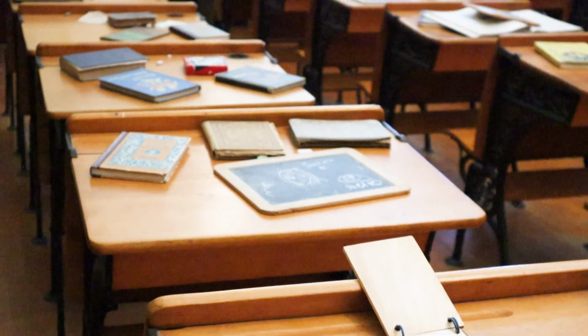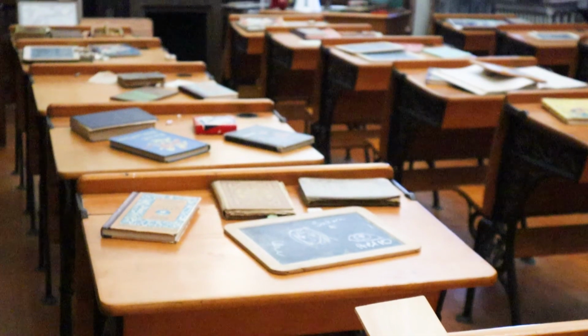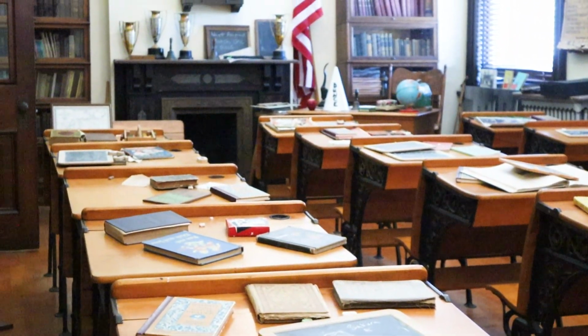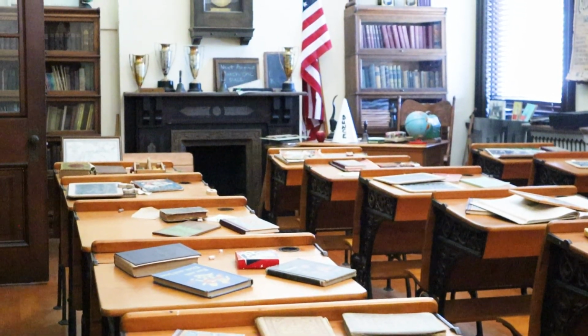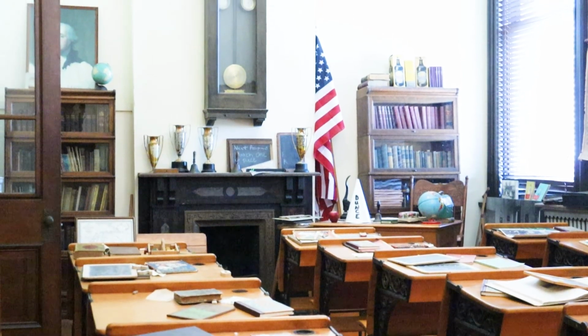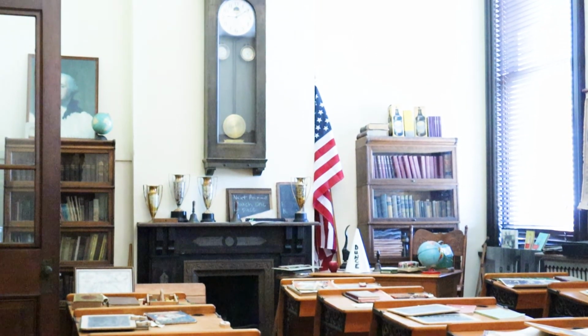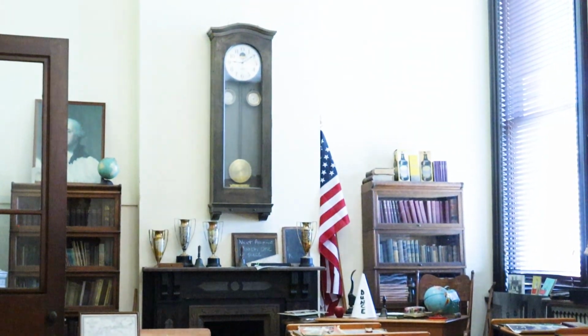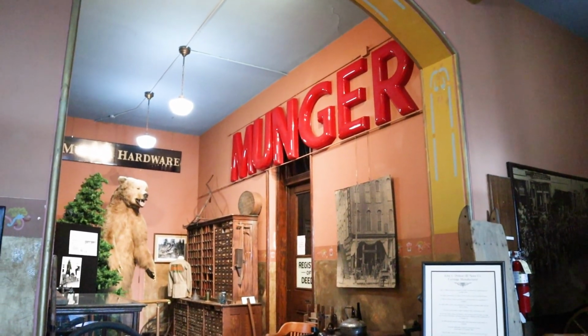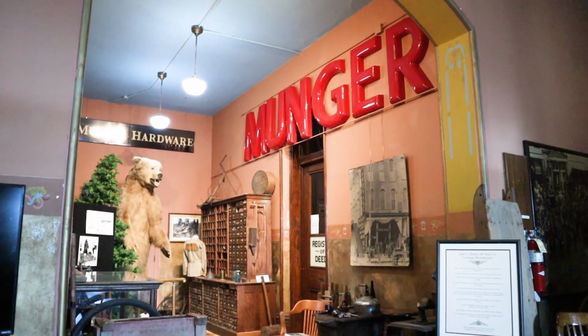The classroom is another exhibit that is quite wonderful. It has so much detail of the old schoolhouses of yesterday, including the desks, posters, books, and even the classic dunce cap on the teacher's desk. That's no sorting hat, children. Or perhaps it is. Among my favorite displays in the museum, however, is the Munger Hardware Store exhibit, which includes